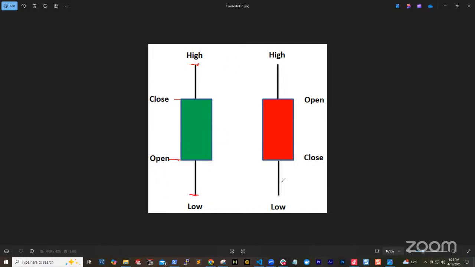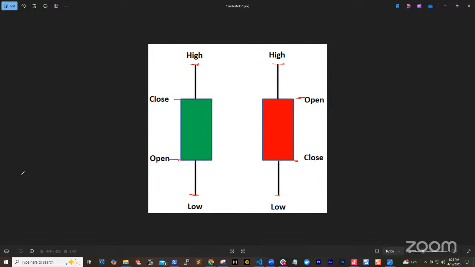And if it's a red candle, just flip that concept backwards, right? When it is a red candle, it means the candle opened up here in that 15 minutes time frame and it closed down here. Meaning that it opened at a higher price, closed at a lower price. And the line you see in the middle is how high and how low it went. Meaning that in that 15 minutes, it went as high as here and it went as low as here.